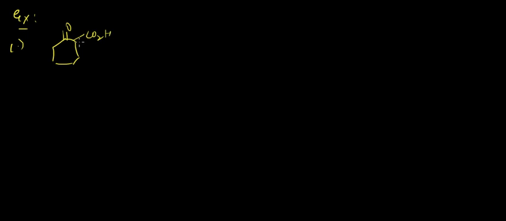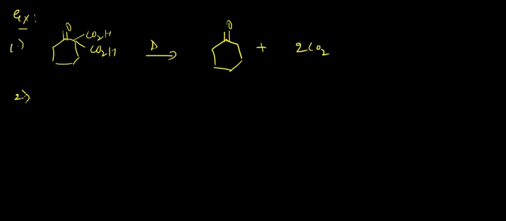It's again a geminal dicarboxylic acid. On heating, obviously it will evolve 2 moles of CO2 gas with this compound as the product. Okay, next we have something like CH2CO2H, then C double bond O and CH2CO2H, which on heating,